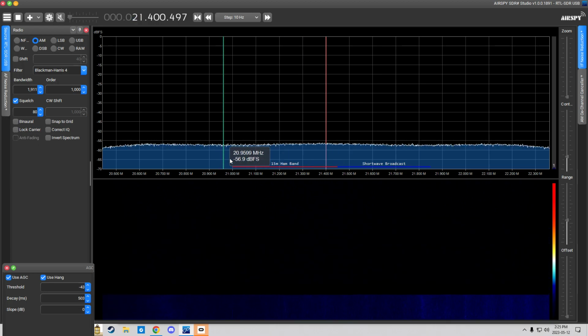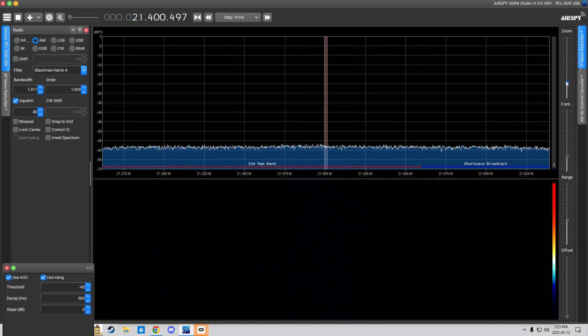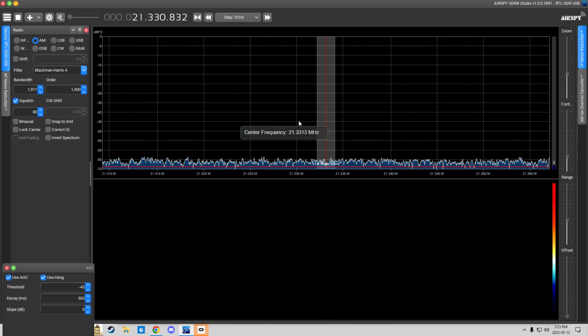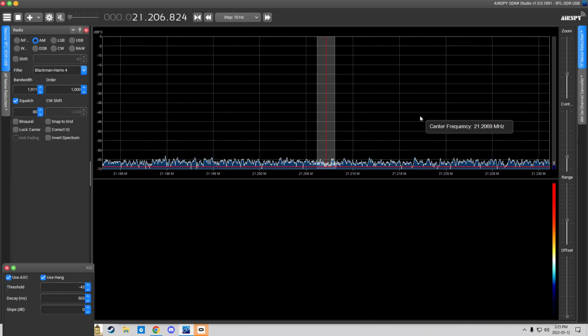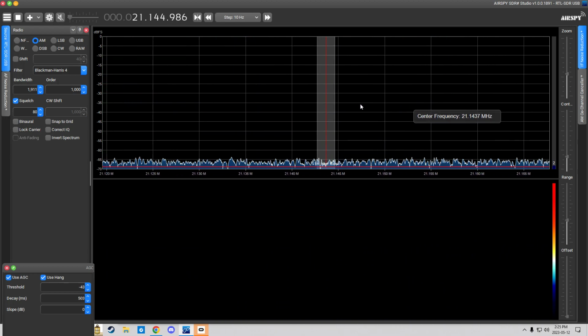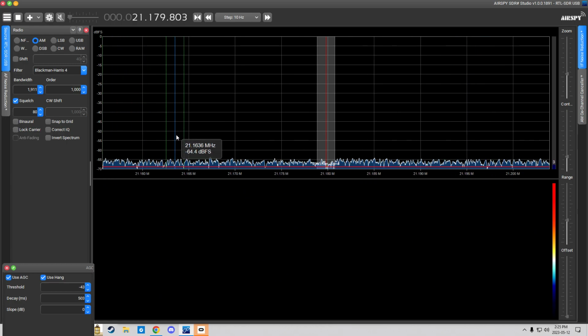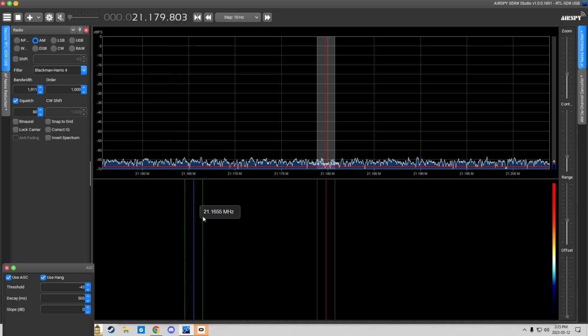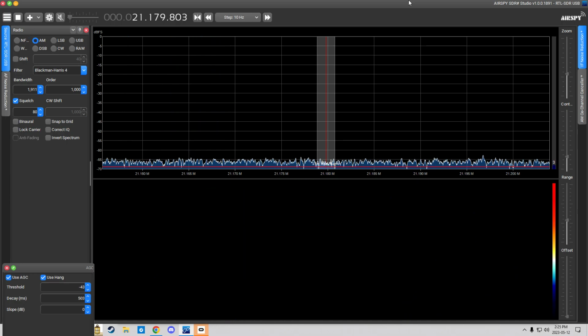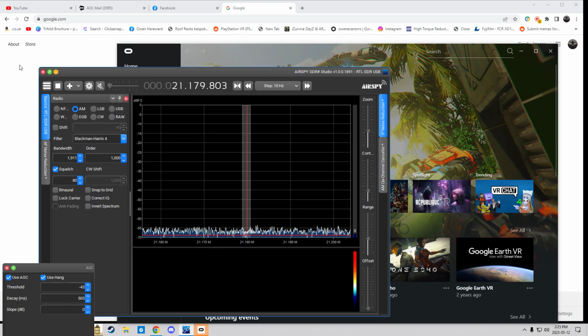So there's your 15-meter ham band. I've got the wrong aerial on for this. I just need to shorten it a little bit. It's on the telescopic thing, so sorry, I'd have to lengthen it. What else is there? Completely got the wrong size aerial on, but if we quickly jump out of this and excuse all the mess that's going on up here,